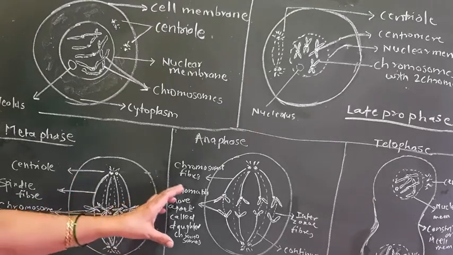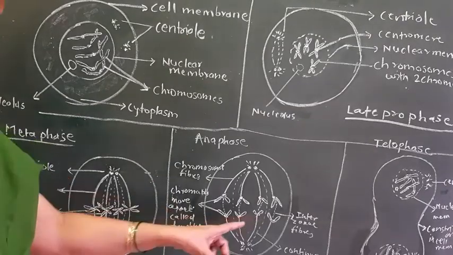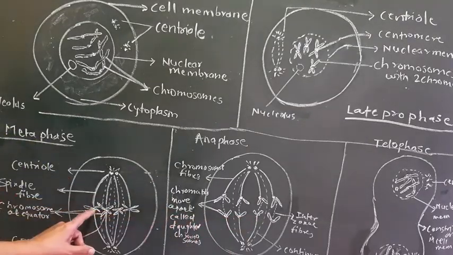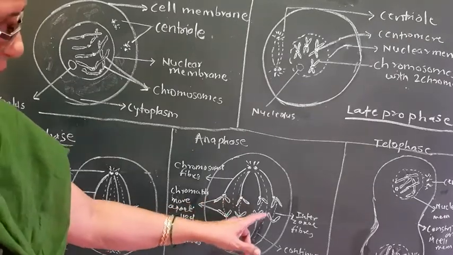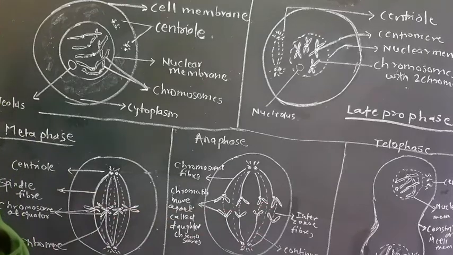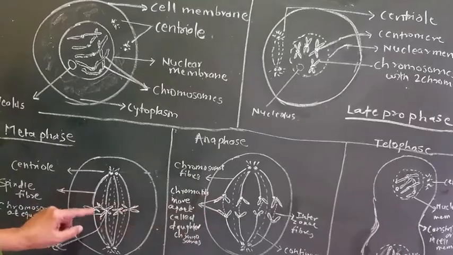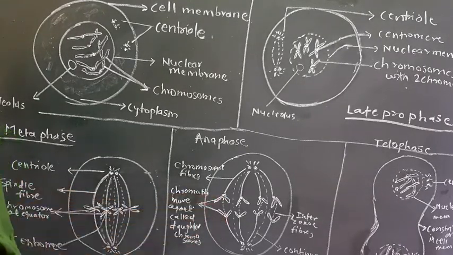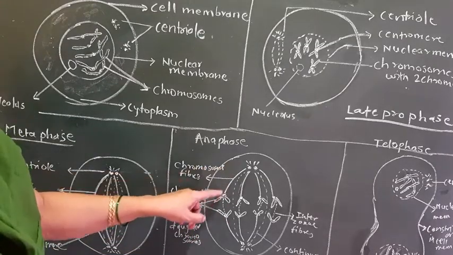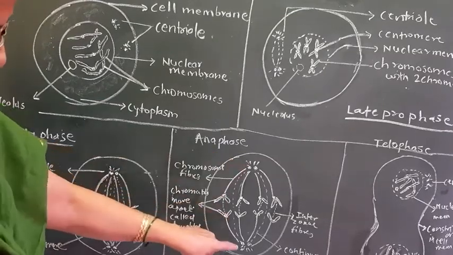Followed? Now in anaphase, each centromere splits. In anaphase, here I have shown a single centromere. Here there are two centromeres I have shown in the anaphase. So in anaphase, the centromere splits and the sister chromatids separate. So the two arms go here, two arms here. There is a splitting of sister chromatids, and they get pulled apart by these spindle fibers. So this will be pulled on this side, this will be pulled on this side.